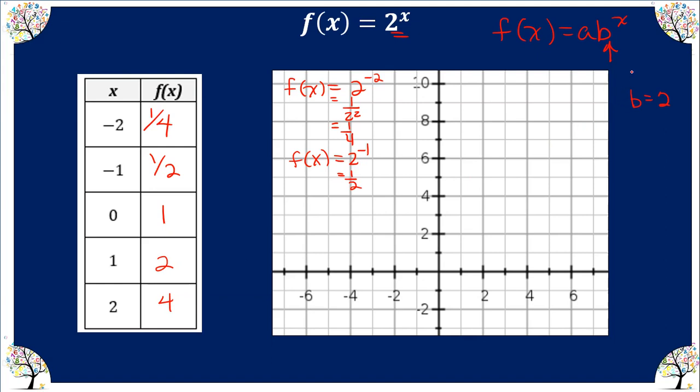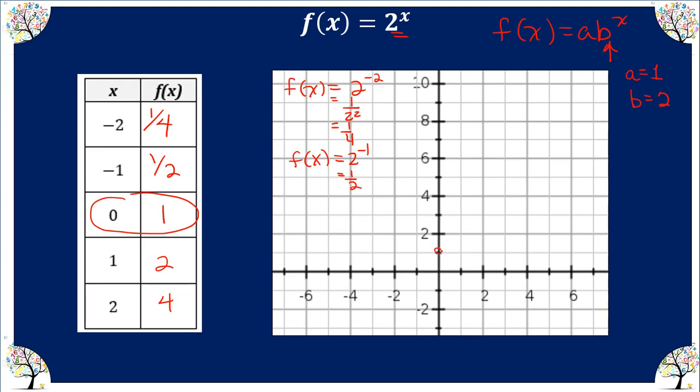Now, what about the a value? We do have an a value. It's just the understood 1. We don't have this written in here. So the b value, your multiplier, is the base of your x. So remember that. Your b value is your base, b for base, of the x. So 1 is going to be our a value, and remember our a value is our initial value, which is